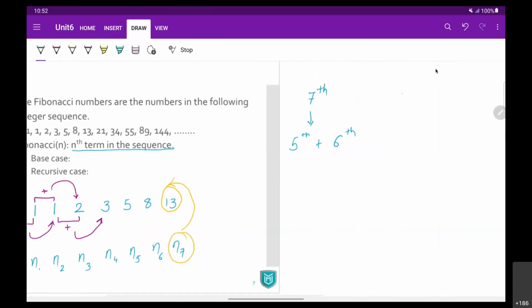So actually that 13 has been calculated by 5 plus 8. तो ये 5 और 8 आपको कहाँ से मिलेंगे? Now, in that case, what you have to go through is fifth term आपको कैसे मिलेगी? थर्ड एंड फोर्थ को ऐड करने से मिलेगी. सिक्स्थ टर्म आपको कैसे मिलेगी? फोर्थ एंड फिफ्थ टर्म को ऐड करने से मिलेगी.